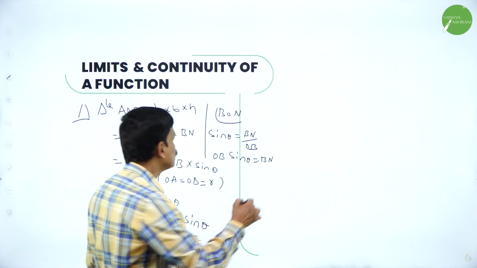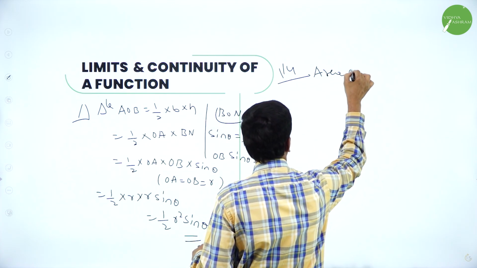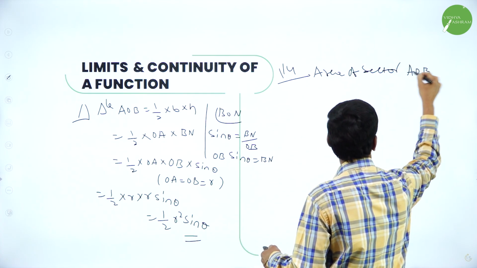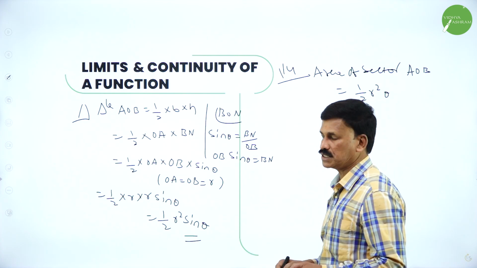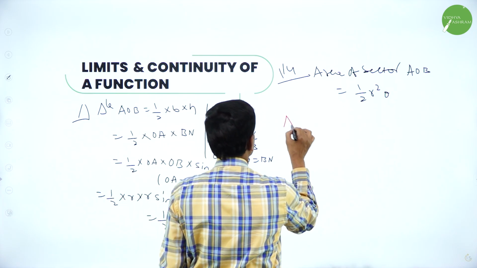Next, similarly, area of sector AOB, this is a standard result. Area of a sector is half R square theta. Now find out the area of the big triangle. Now area of triangle